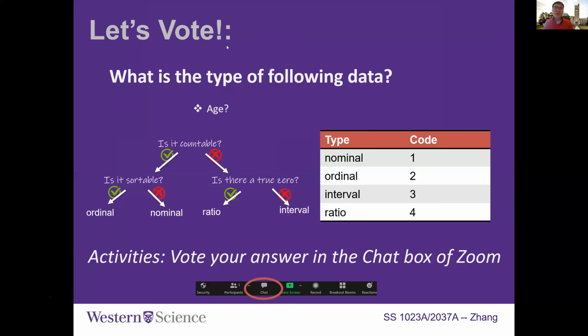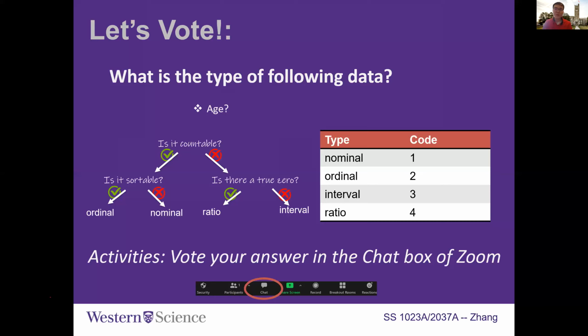For me, it's possible to have 1.2 years old, because that basically means a year and a couple of months. So I believe that there's definitely an interval between them. For example, can you say I am 5 years older than you? And if yes, then I believe that should be